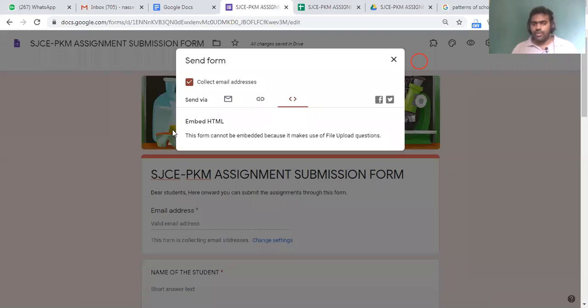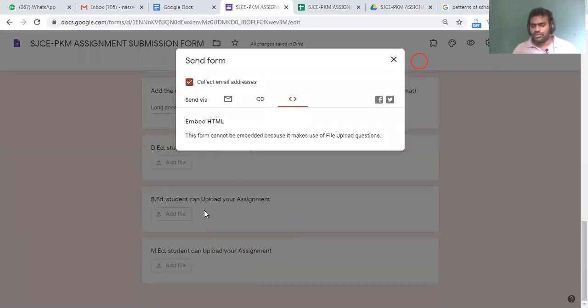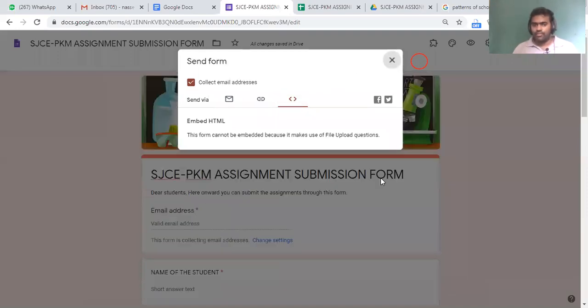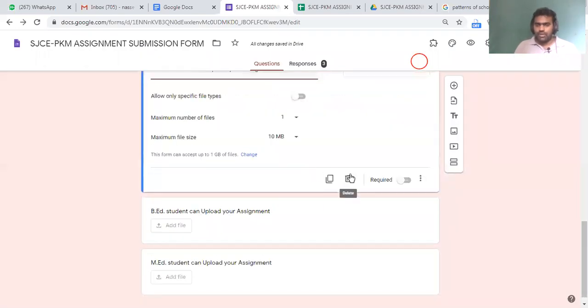But remember, the code is not visible here. Why? Because you are using the file upload options. If you are using file upload items, this embedding cannot be done. If you remove it, now I'll just remove the file uploading. Okay, then you can see